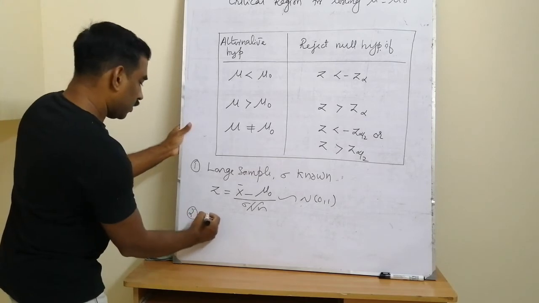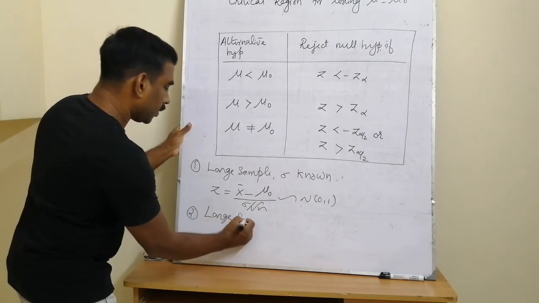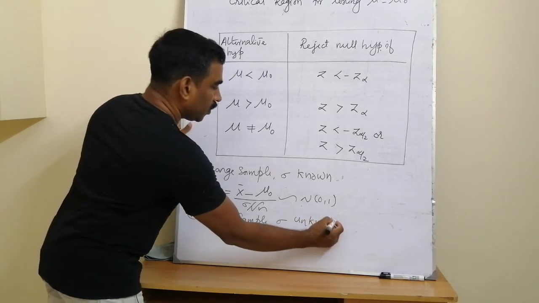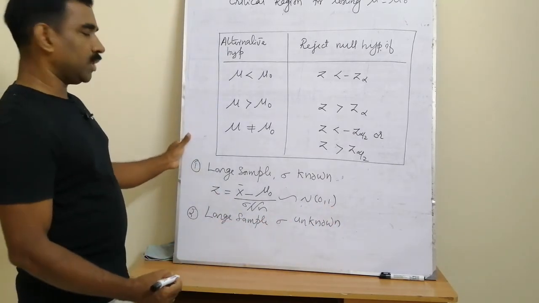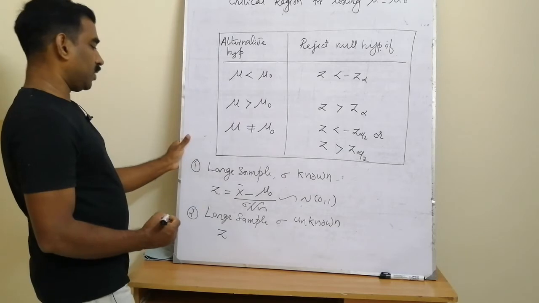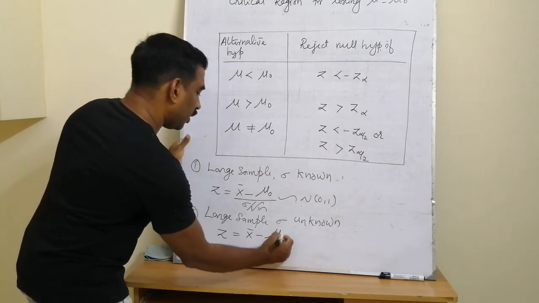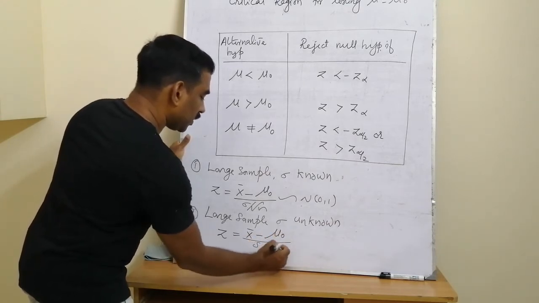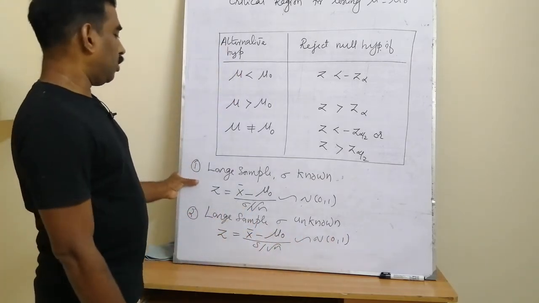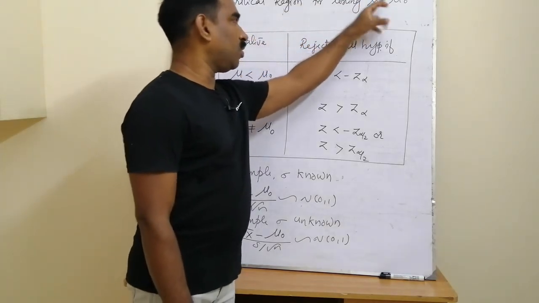And the second case, the normal distribution case is large sample with sigma unknown. For large sample with sigma unknown also we are using the normal distribution or the sampling distribution as x bar follows N(mu, s by root n), or Z is equal to x bar minus mu naught divided by s by root n, where s is the sample standard deviation, that follows normal distribution. So these two type tests are called normal test, and we are applying normal test for testing the null hypothesis mu is equal to mu naught.